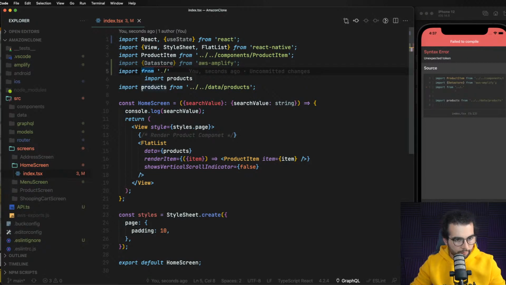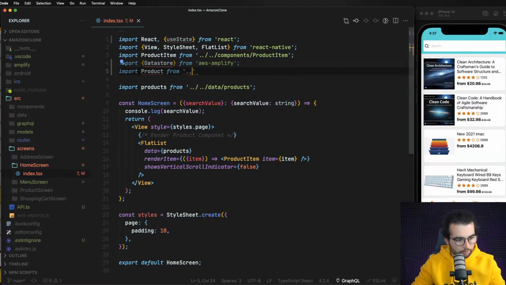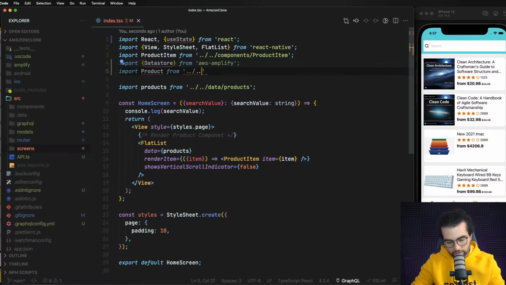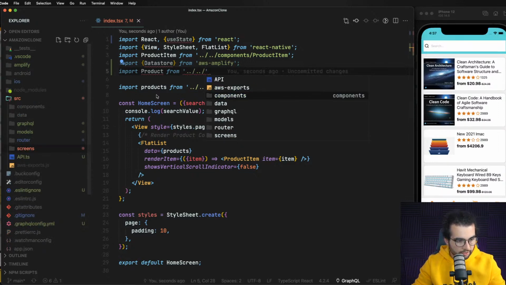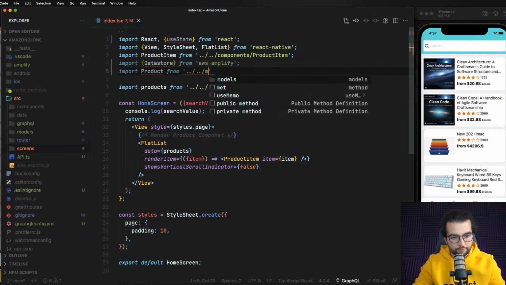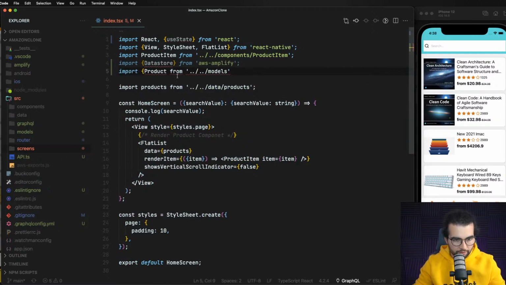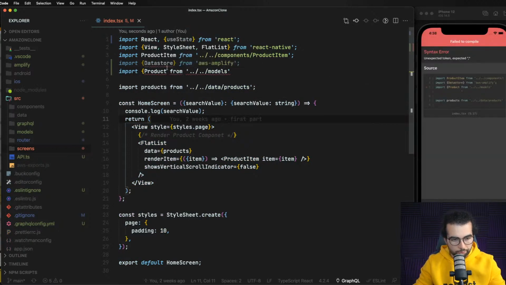Let's import the model called Product, and we will import it from the upper component's models. No, it doesn't have it. So the upper component is screens, then one more up to the source, and then to the models. Yeah, like this. And we need to destructure it because models will contain all the models that we have. So one of them is Product,